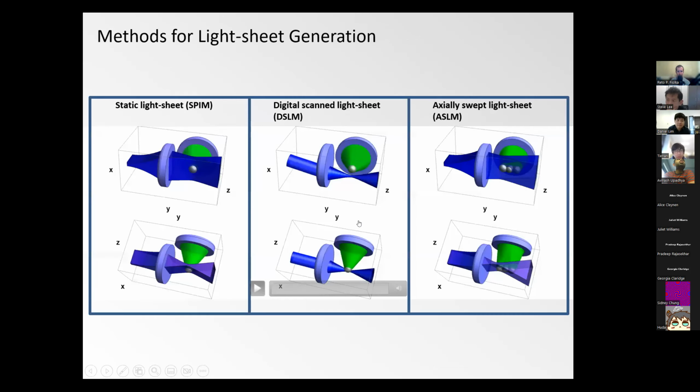Good. So there are hundreds of light sheet techniques, and one can argue, what's the common denominator, or what do they have in common? So one thing we can maybe spend a short amount of time on is how do they actually create the sheet? And I think there are at least 3 different variants that are worthwhile considering or mentioning, or you can argue you can construct all the other types from them. So the first one